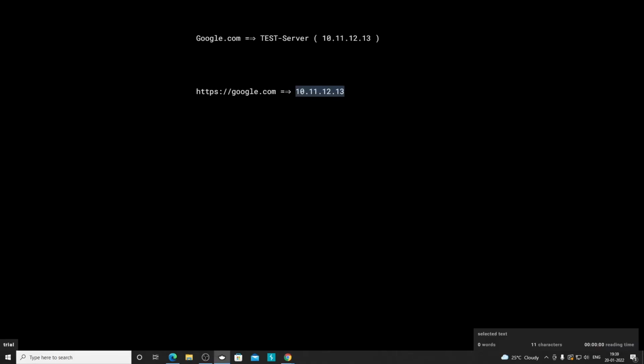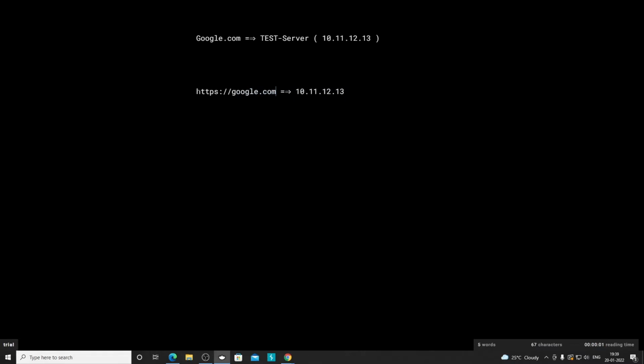But the issue with that approach is that there are millions of websites out there, and remembering this numeric identifier for all of those is not feasible. So that's why we use domain names. Remembering google.com or facebook.com is much easier compared to remembering a numeric identifier. So that's why we have domain names.